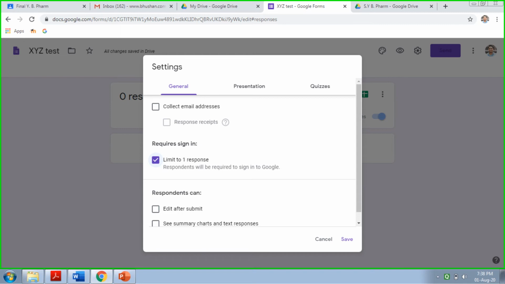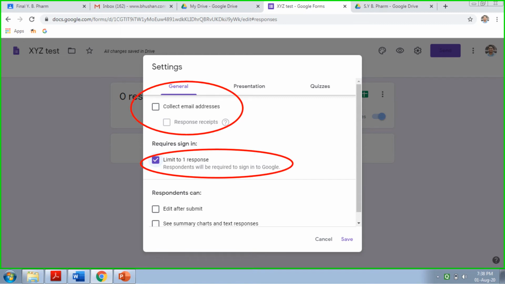If you want to collect email addresses of the student, you can check here. But this single check is sufficient. Next is the presentation tab. In the presentation tab,